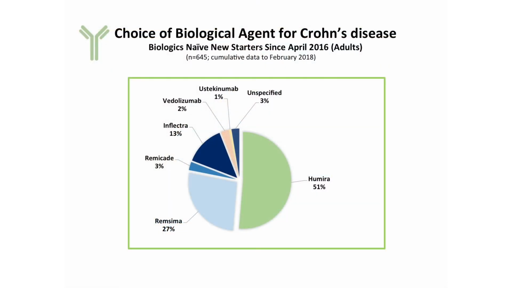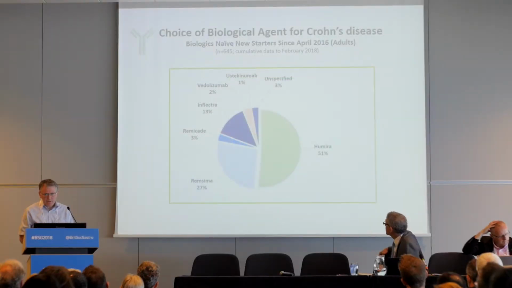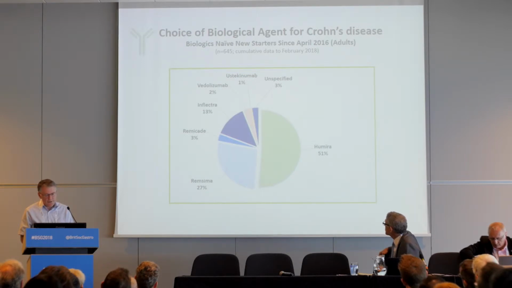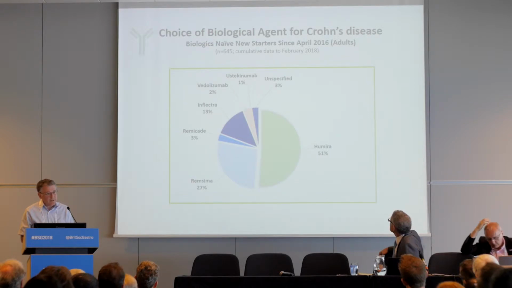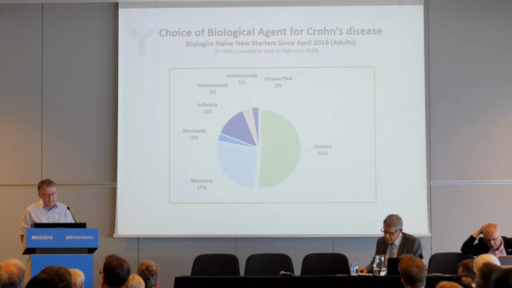So what are we learning from the data? Well, of course, it's dirty data. It's not necessarily of research quality, but it is building. And as sites are quite clearly now establishing live biologics registers, we're starting to learn about new initiations of treatment. So this is the profile of Crohn's patients naive to biologics who were started in the period from April onwards. This is not all the data. Actually, there's some sites where data needs to be collected and brought into the system, but this is a